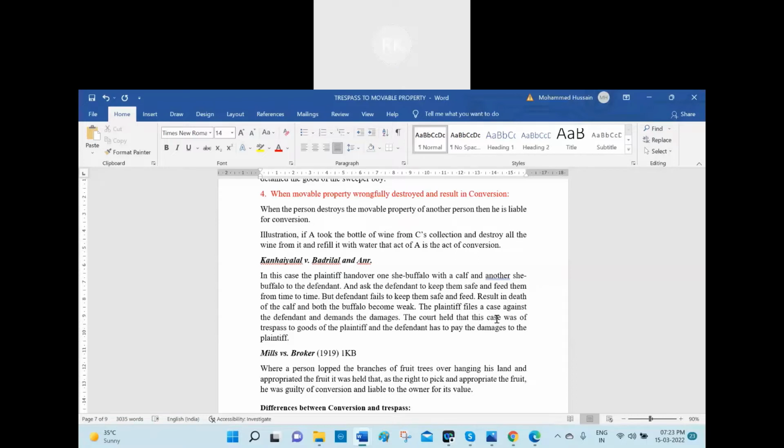A calf, meaning a small she-buffalo, and another she-buffalo are given to the defendant. The plaintiff asks the defendant to keep them safe and feed them from time to time. But the defendant fails to keep them safe and feed them. So what is the consequence? The result is the death of the